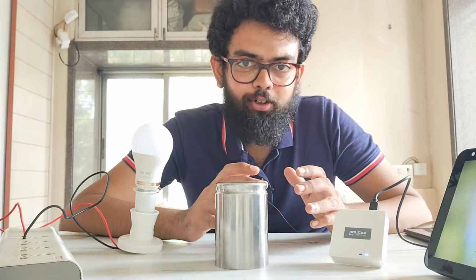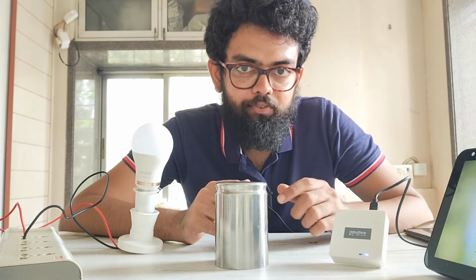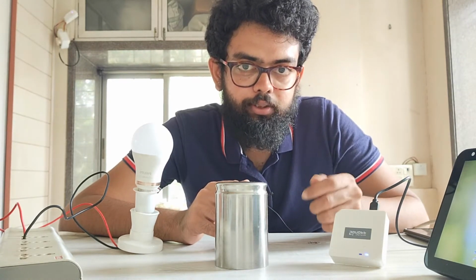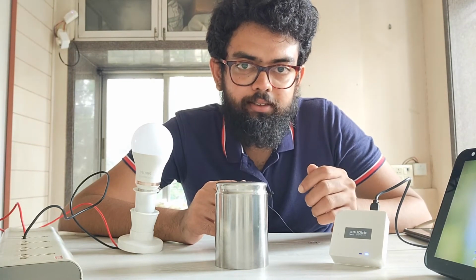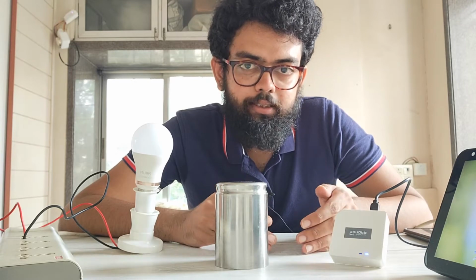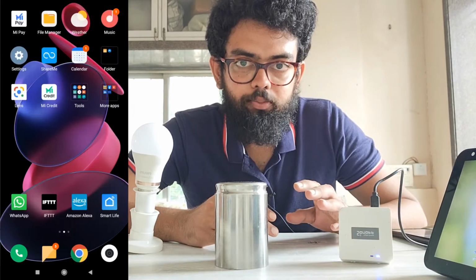So guys, now let us talk about the second part. In this case, at a particular time, if there is no motion detected, it should trigger an Alexa routine or any other kind of automation. But the catch here is, before there is no motion detected, there is no automation for the motion detection. Okay, let me explain with an example.